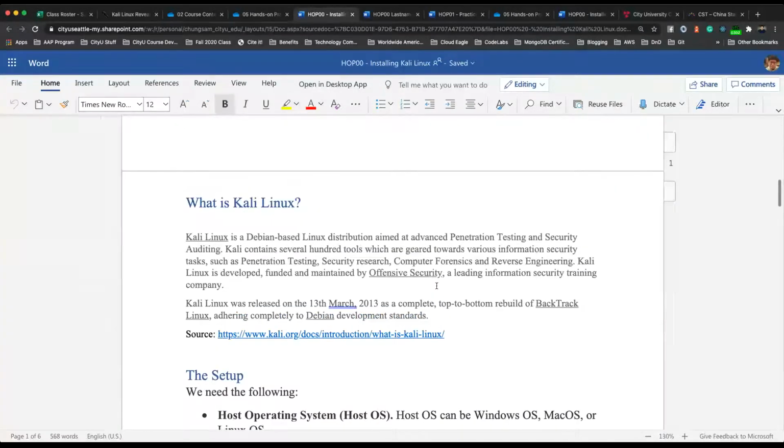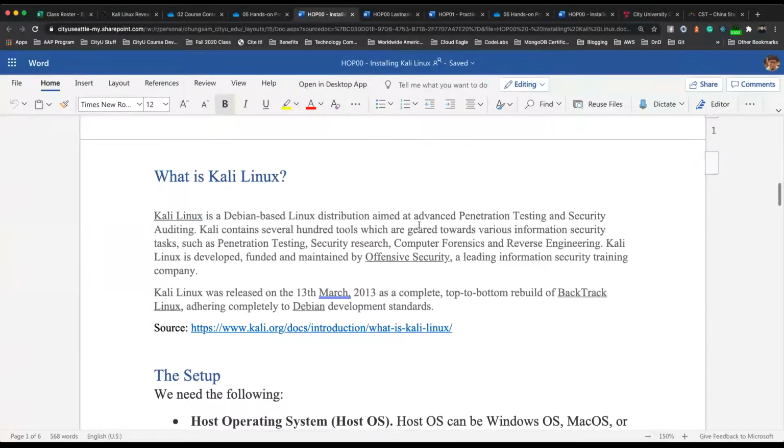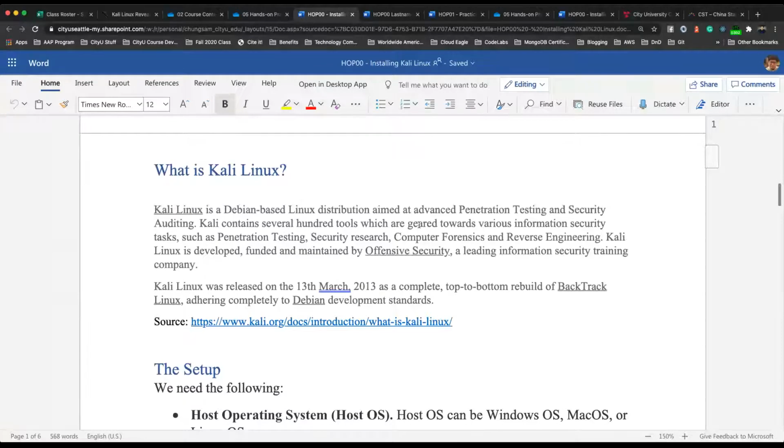So we'll be using Kali Linux, right? Based on the definition alone, it says Kali Linux is a Debian-based Linux distribution. Again, just a reminder, this is not yet the lecture. This is just helping you guys with the hands-on practice.